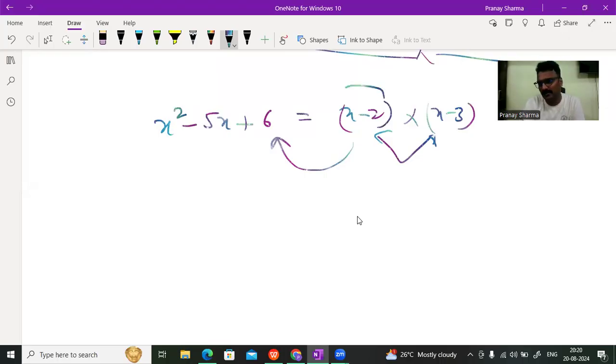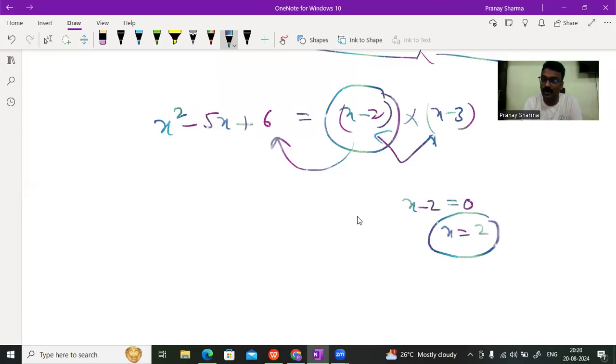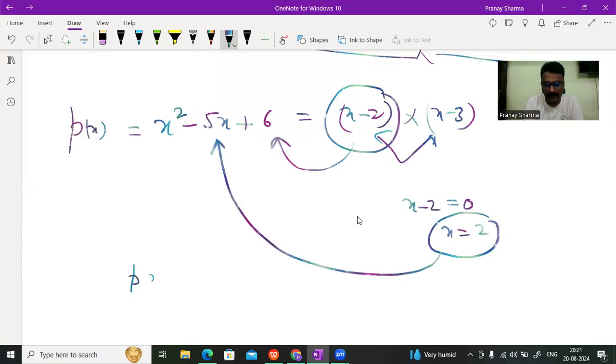Right? You take one factor, x minus 2, put it equals 0. You'll get the value of x as 2. Whatever the value that you have got, try to substitute this value. Let us consider this as p of x. Try to substitute this value in this p of x, right? So this will be p of 2